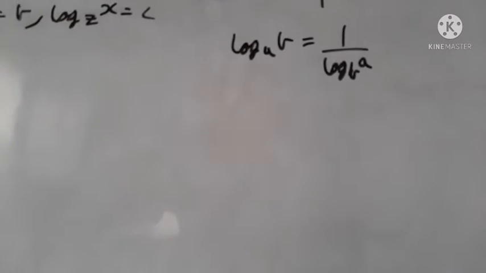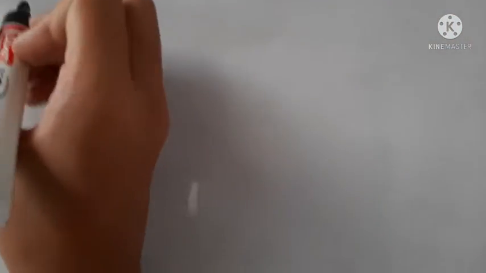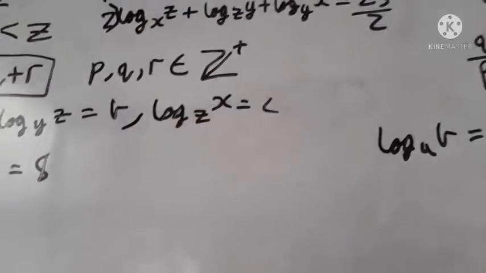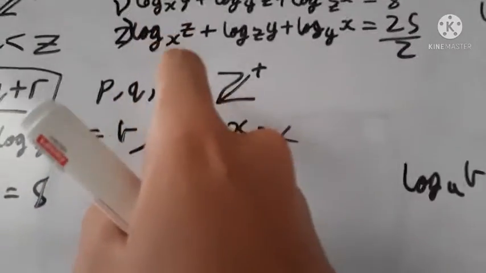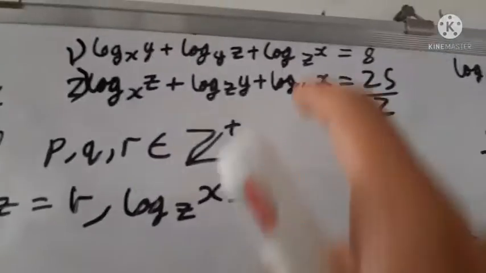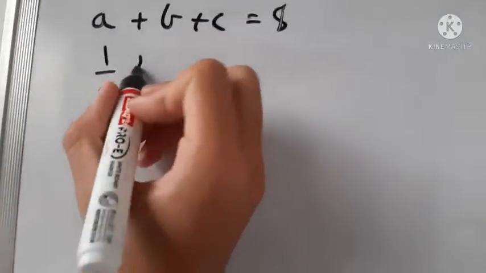So that's what we're going to use for the second one. So as we can see, this is log base x of z, so this is similar to 1 over log base z of x, and log base z of x is c. So we have 1 over c, and similarly